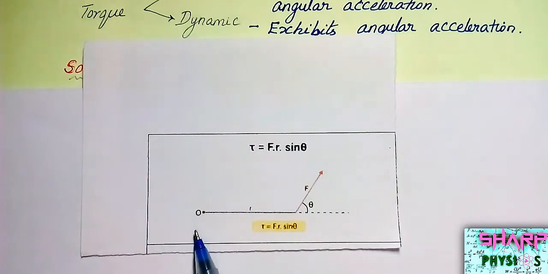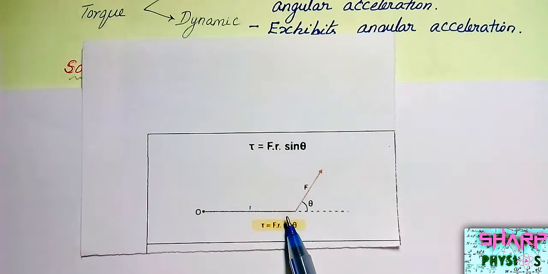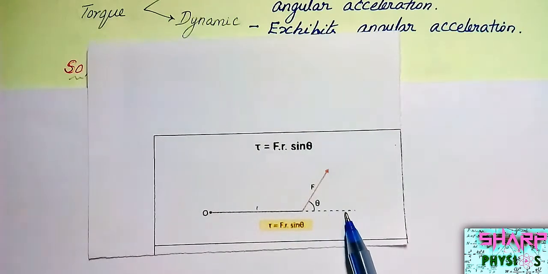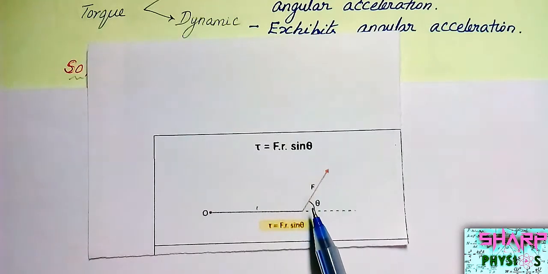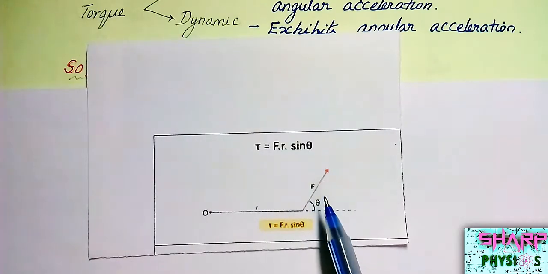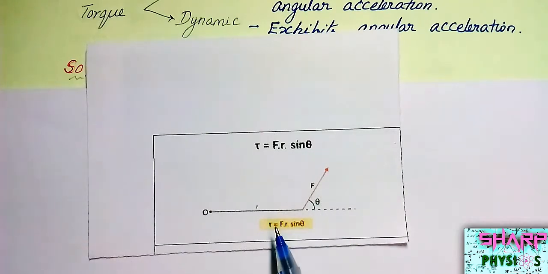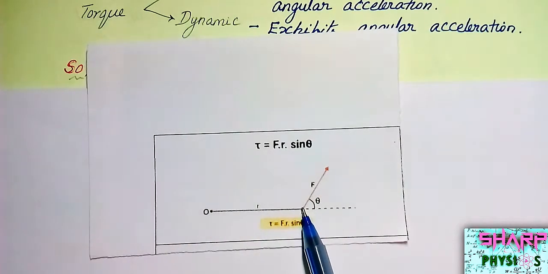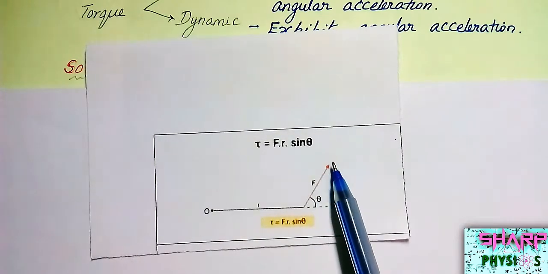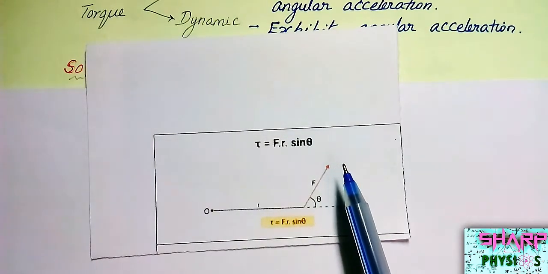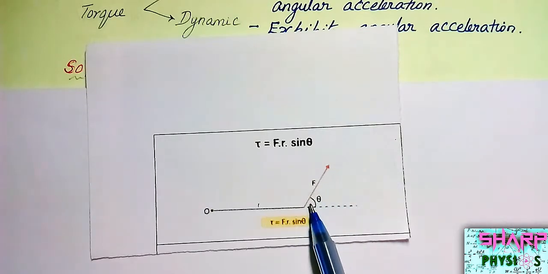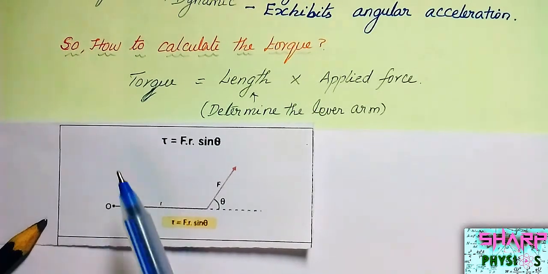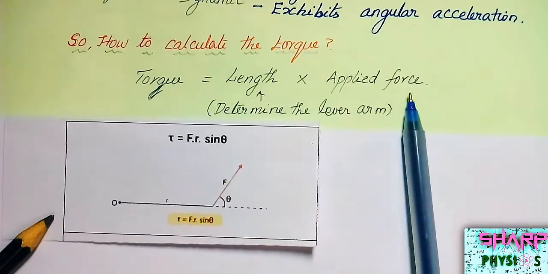Let's see this diagram. You have the length from the origin point to the particular point, and from this axis the object rotates by means of a force F. So you get an angle theta. So you have a length here of one particular object, from where it has to be rotated from the axis. It's been lifted up, and that angle we calculate as theta. So torque we can calculate as length into applied force.